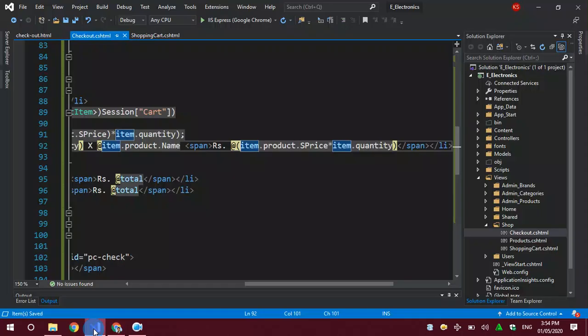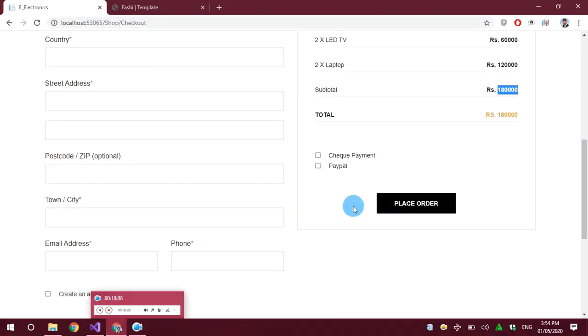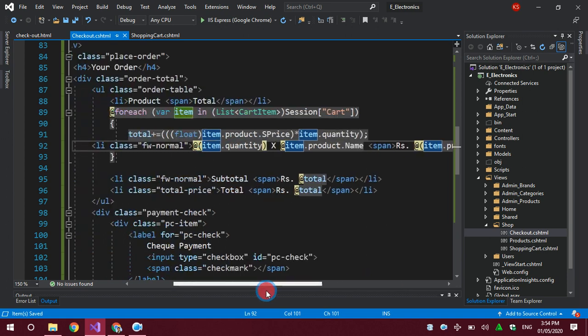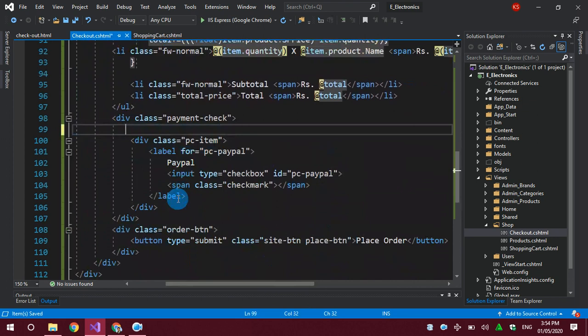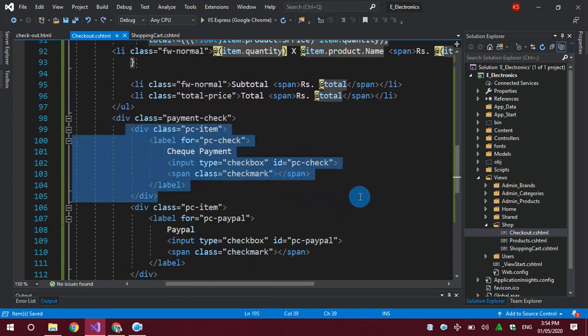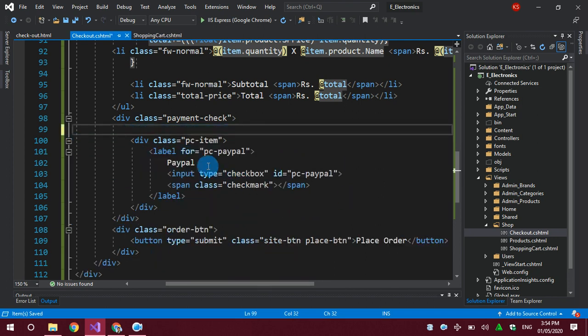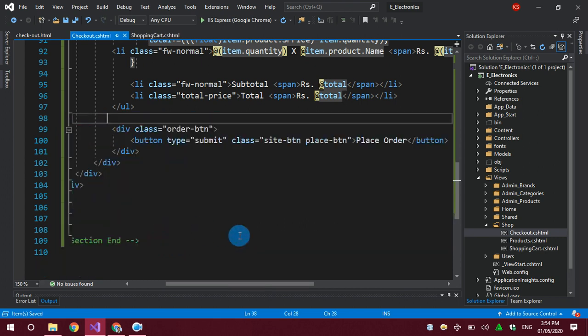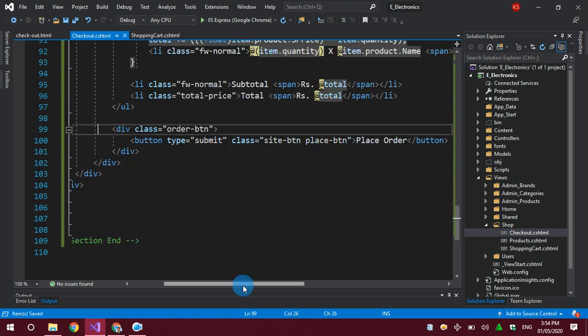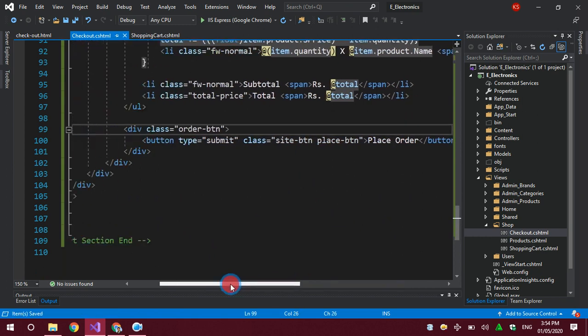Okay, we can remove this because we have already made the payment, so I don't need this payment here. I will remove this, the check payment, and also the whole payment methods. Whenever I click on this submit button, it will submit some data to confirm my order.